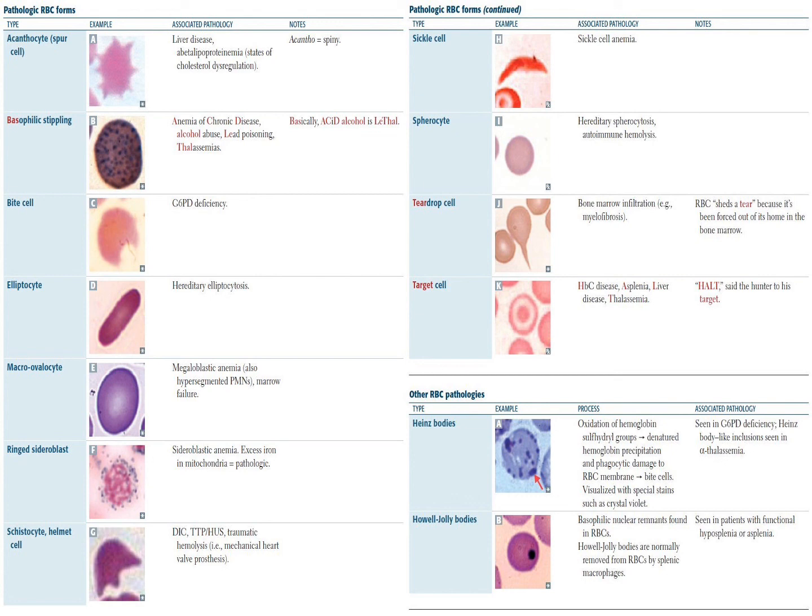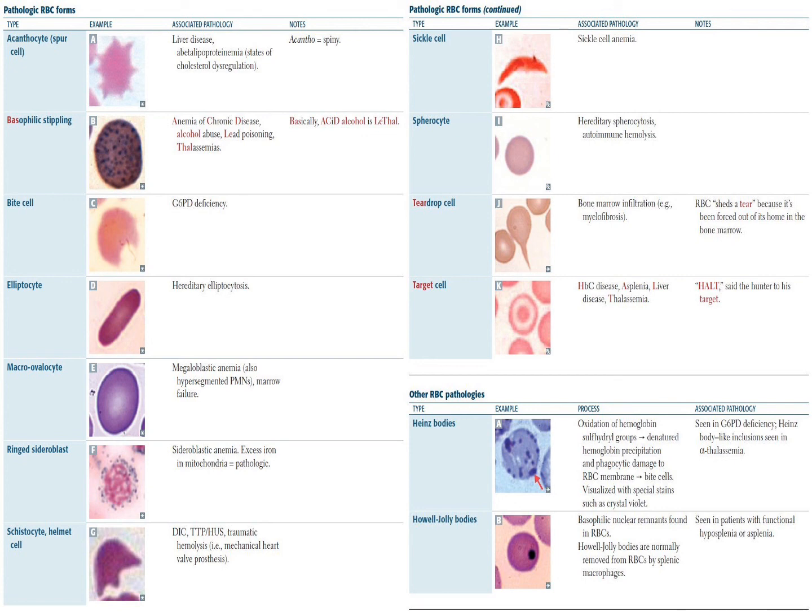Then an RBC can appear as a bite. Here you can see in the third picture on the left side of the column, the RBC appears that it has been cut down. This is found in case of glucose 6 phosphate dehydrogenase deficiency. Then there is elliptocyte formation, elongation of the RBC that is found in hereditary elliptocytosis. Then there is sickle cell formation that is found in sickle cell anemia.